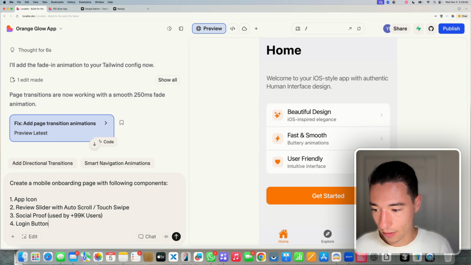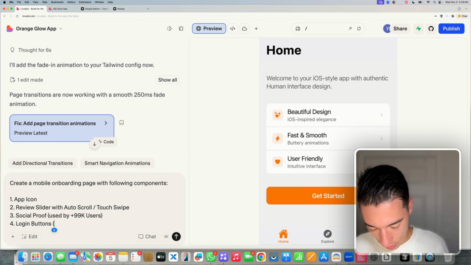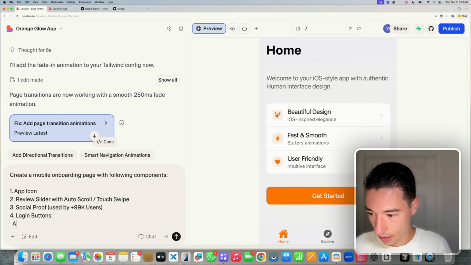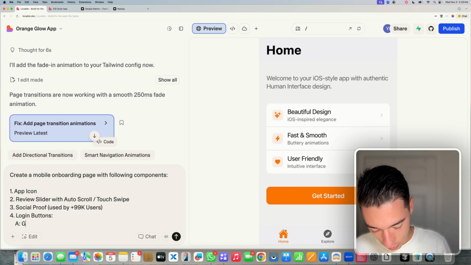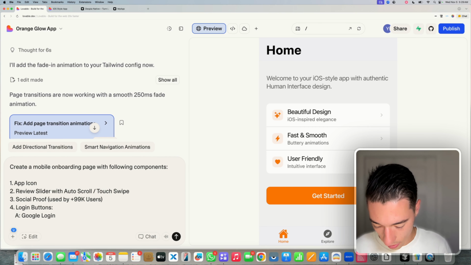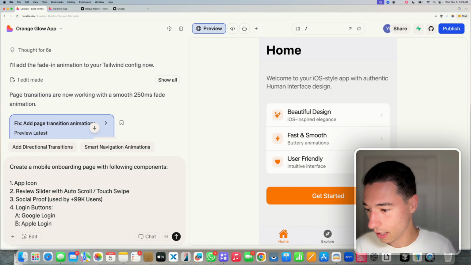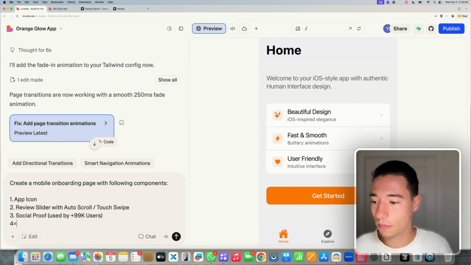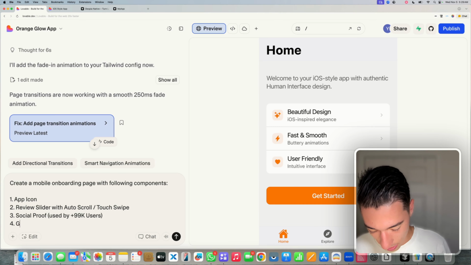And then login buttons. And then I'm going to add a point A under here. I'm going to say Google login. And I'm going to do B, Apple login, right? And then I'm going to say, actually, let's not do this. The login buttons, we'll put them somewhere else. We'll go inside of here, we'll do 4, and I'm going to say